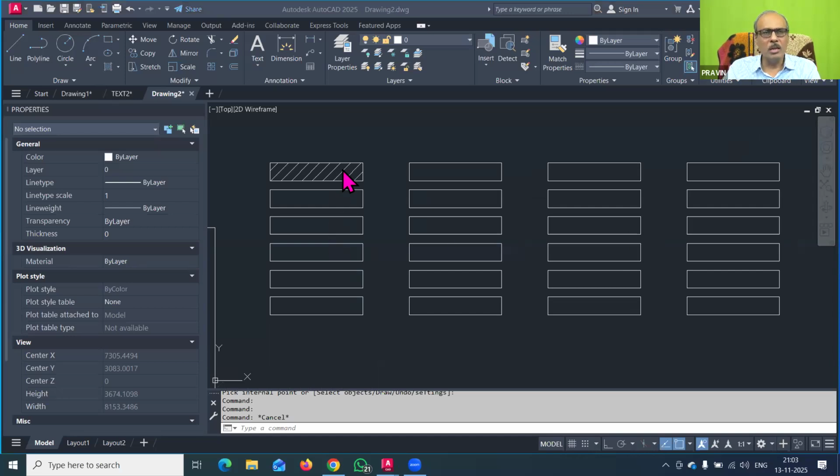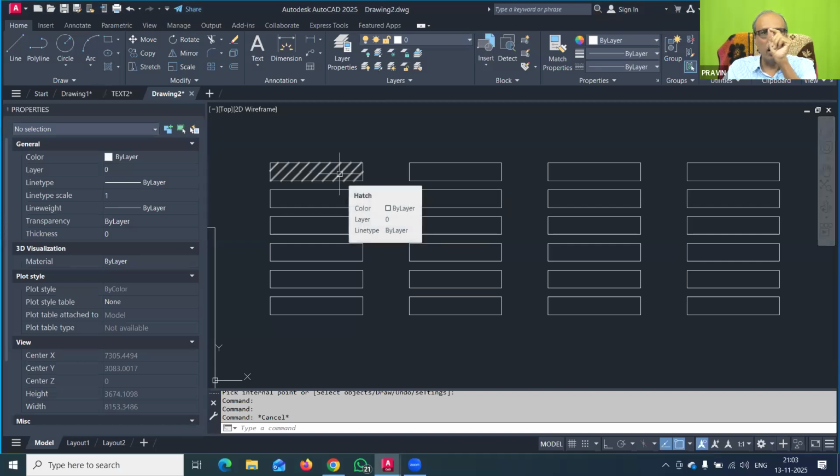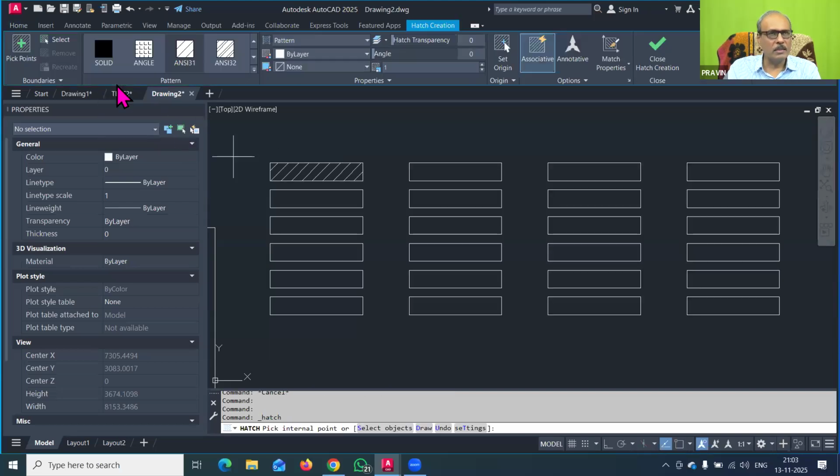First thing we have seen, for hatch pattern, you can use the scale up to 20 or 30. For building drawing, I am saying this is the scale pattern. Now here, we will go to the next. So I will use the hatch command. In the hatch command, there are various patterns.